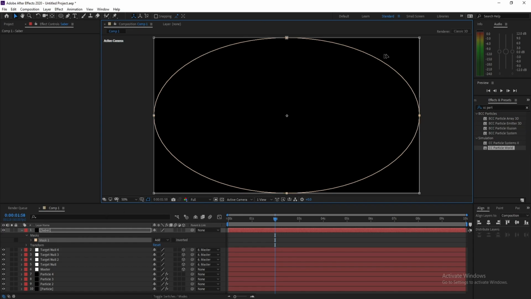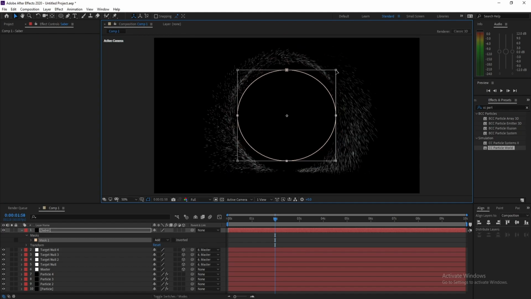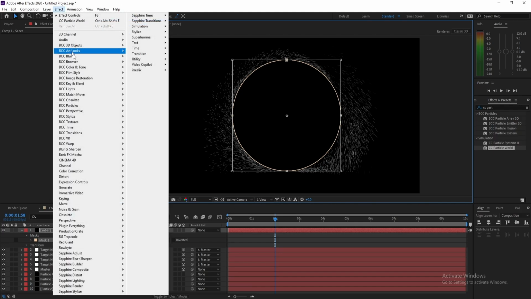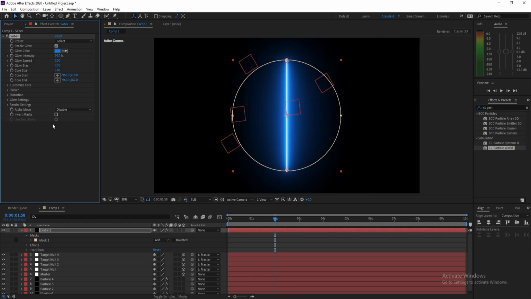Double click here and Control and decrease it like this, and I'll put this circle into the middle of this sparkle. Okay, now I'll go to effect, Video Copilot, Saber, go to customize curve and